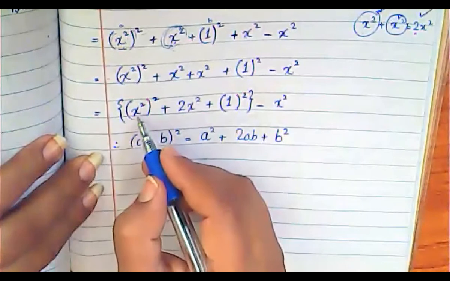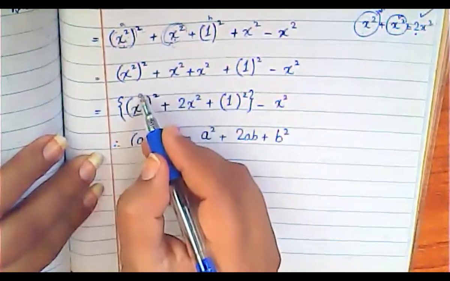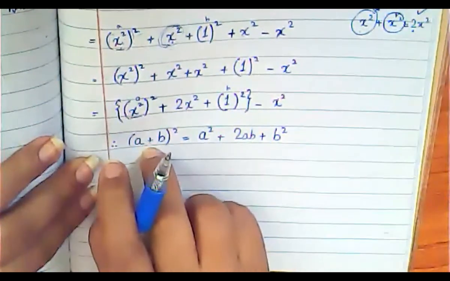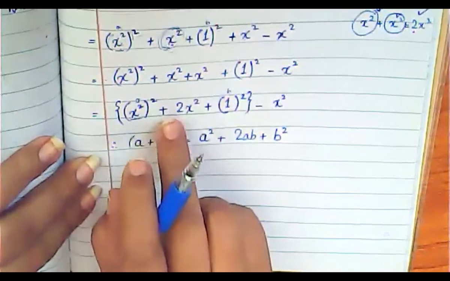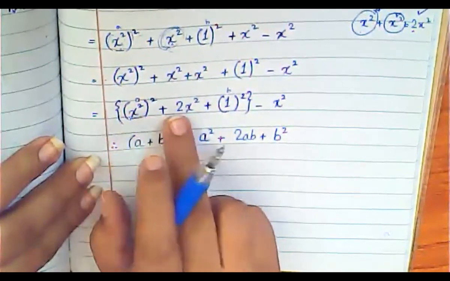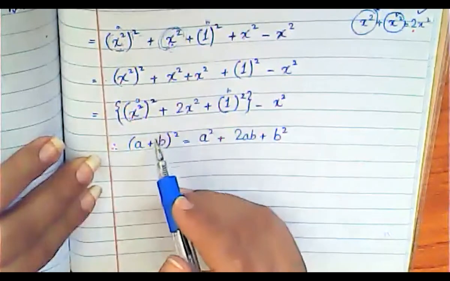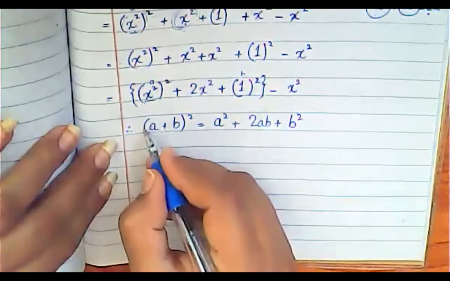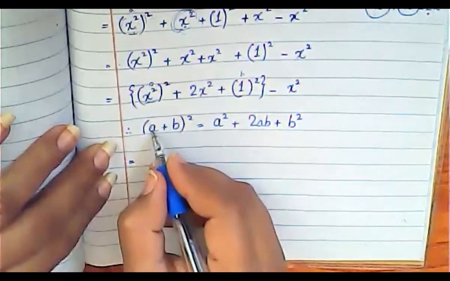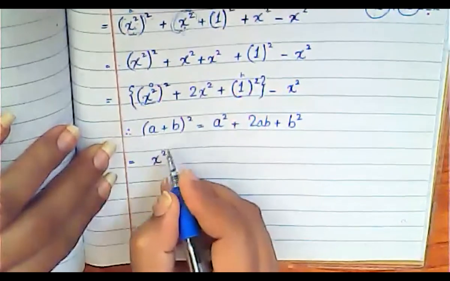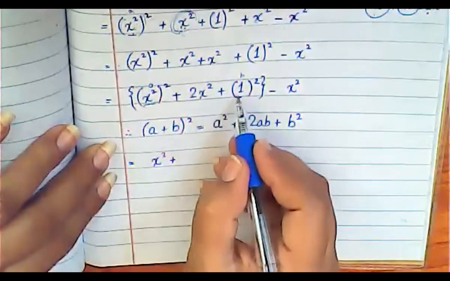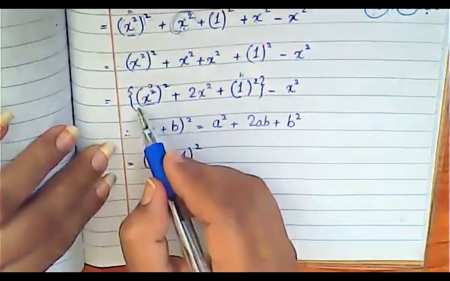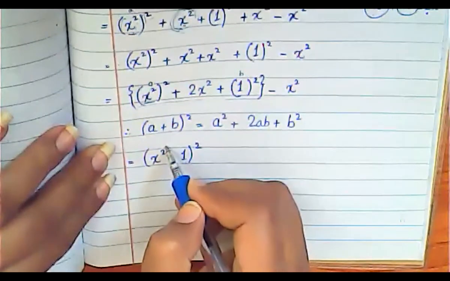It is very clear that this is your term A and this is your term B. So you have to enclose it into this formula, which is A plus B whole square. So this whole term is basically equal to A plus B whole square. We are going to enclose it in the formula. So we will write here, instead of a, x square, plus, then 1. Term b here is 1 and its whole square. So we have enclosed this whole thing into this formula.